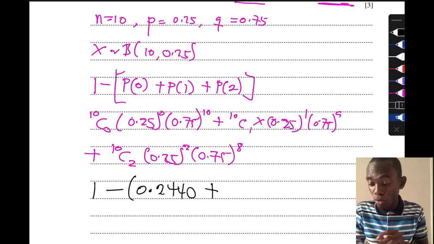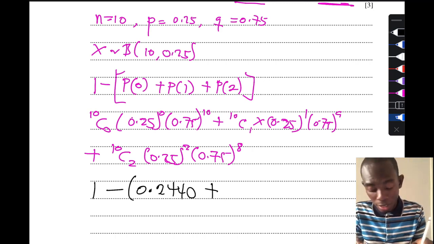Okay, plus now let me do the last one, 10 combination 2 times 0.25 to the second power times 0.75 to the 8th power, and that gives us